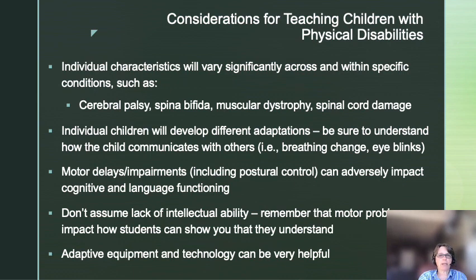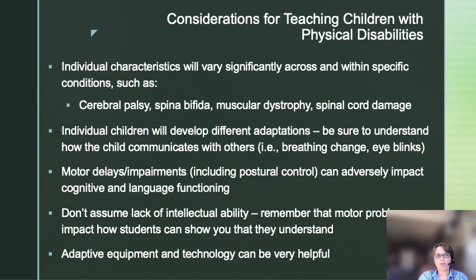So there are many different conditions that physical disabilities could include, such as cerebral palsy, spina bifida, muscular dystrophy, spinal cord damage. So you can see there's a combination of things a child might be born with, as well as things that the child might acquire. And individual children are going to need different adaptations to the things that I'm about to talk to you about. So for some children,